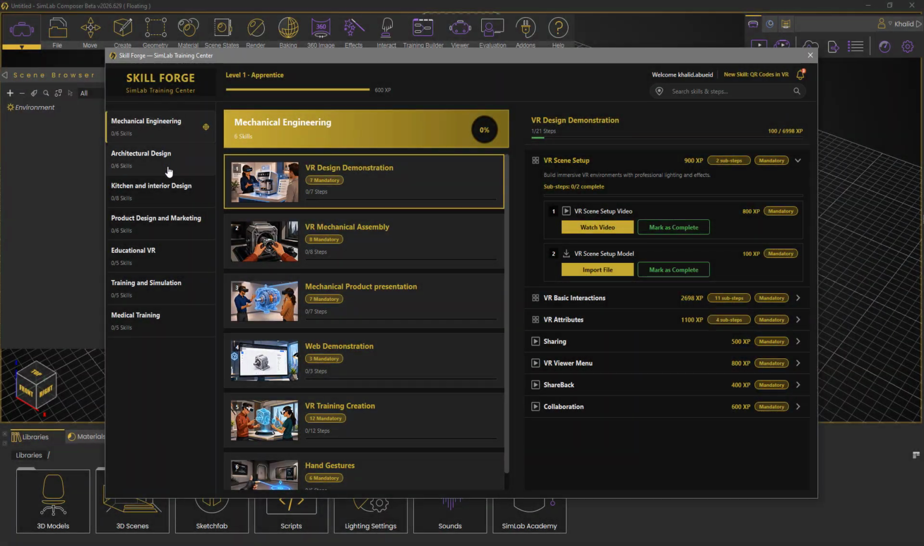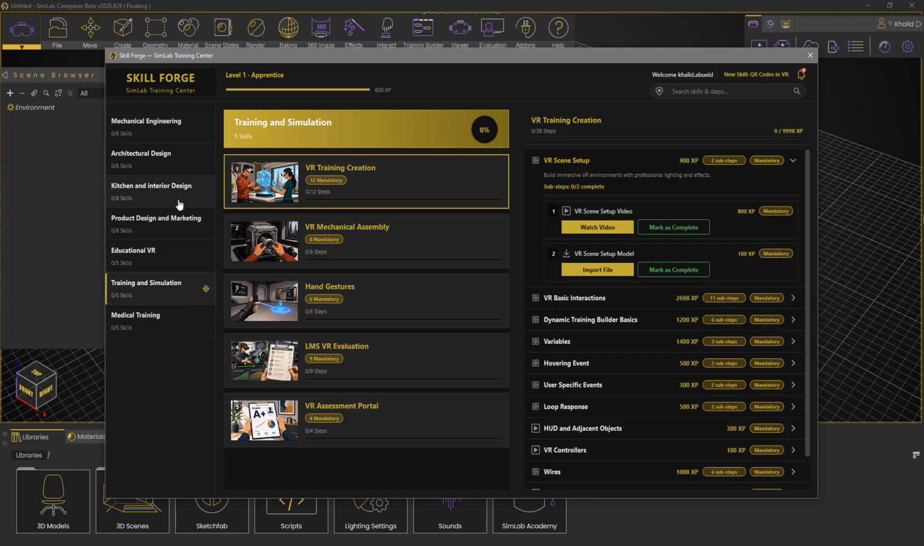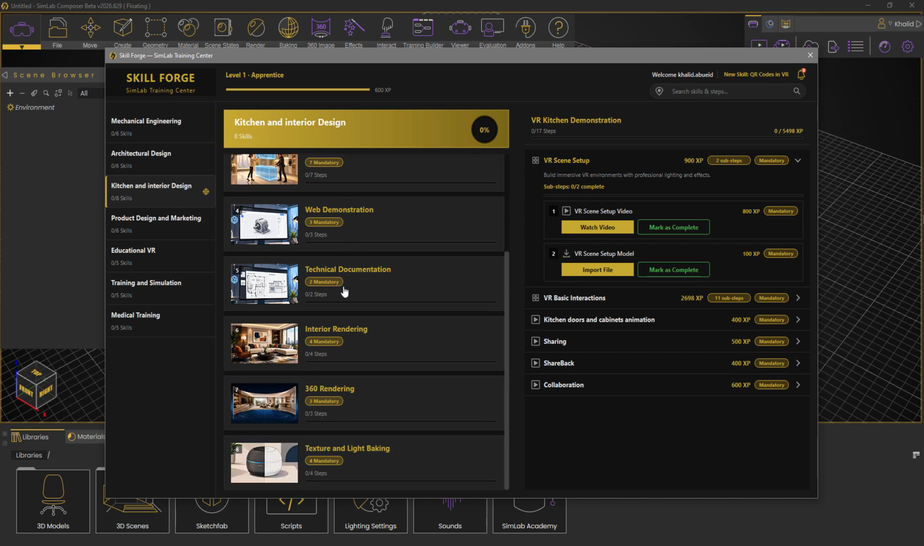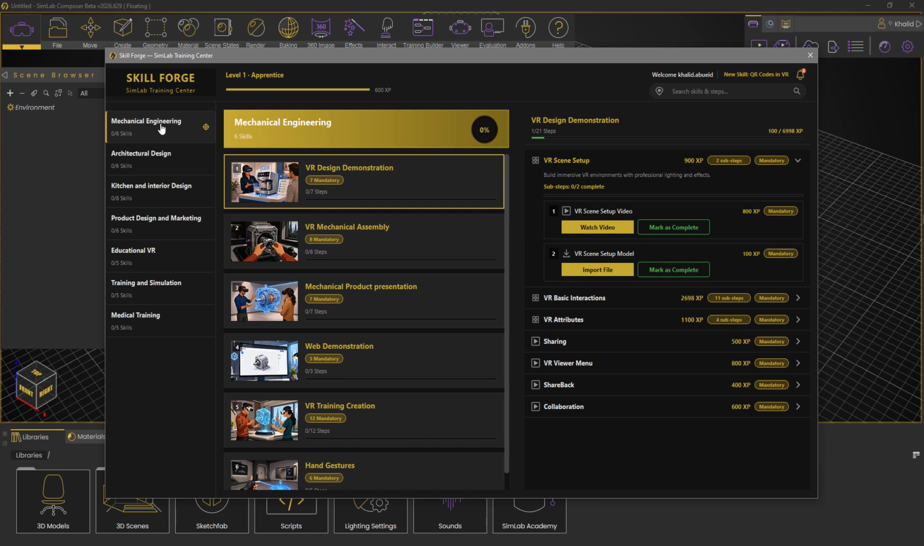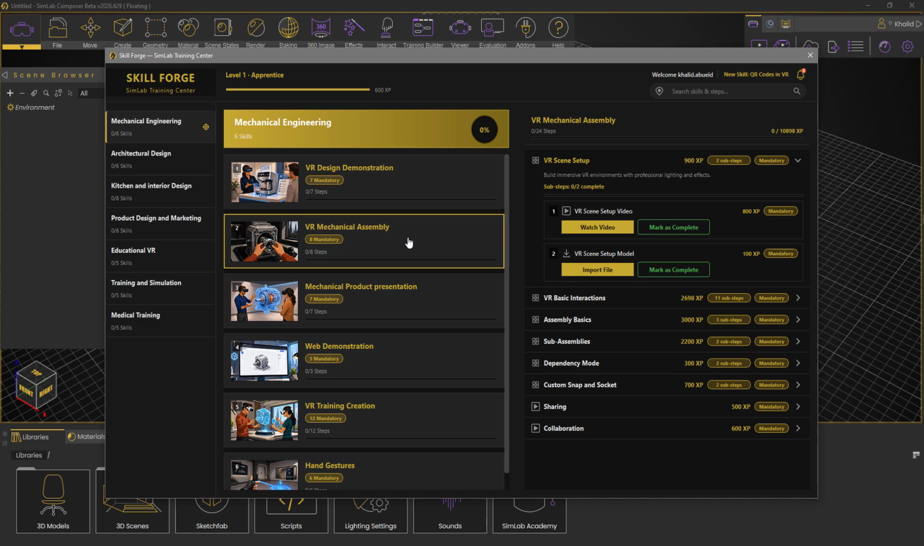In this video, we are going to explore the skill forge that's available in SimLab Composer and SimLab VR Studio. The skill forge is your ultimate learning hub, designed to take you from the basics of the software to advanced techniques that will elevate your productivity. Best of all, you can track your training progress every step of the way to ensure you're mastering each new